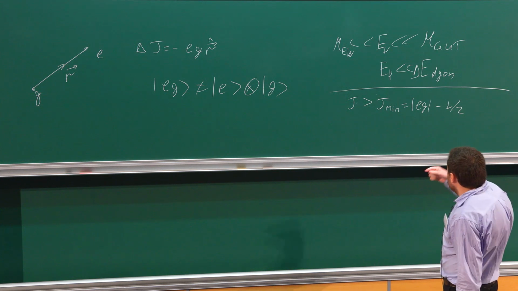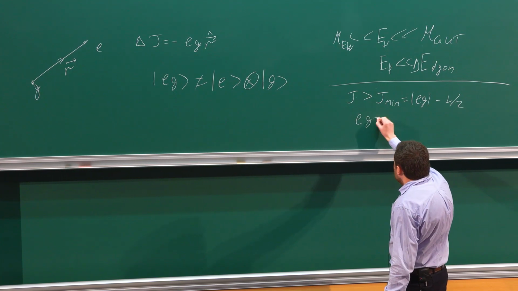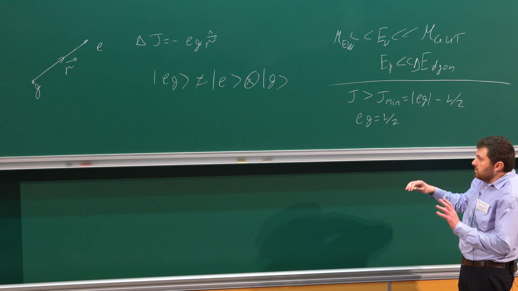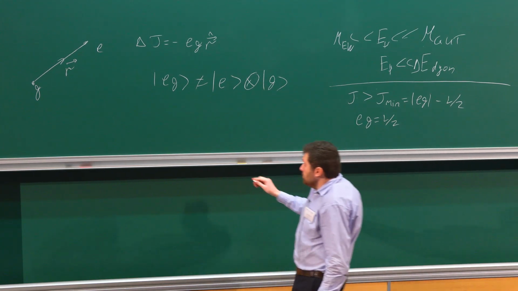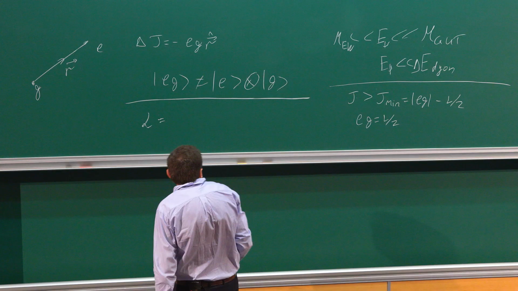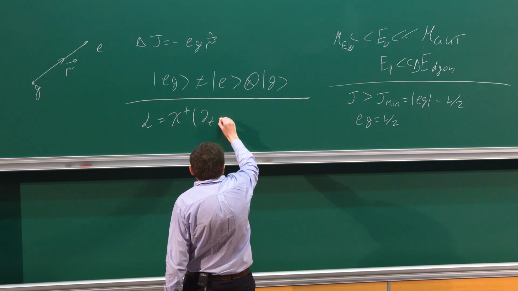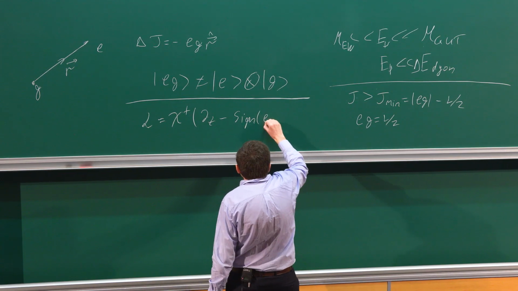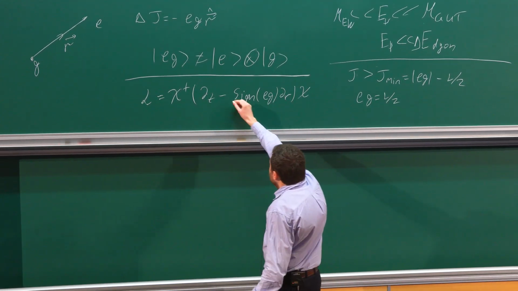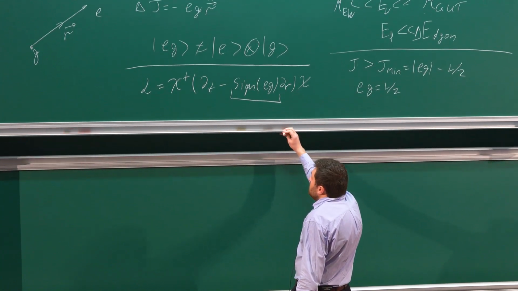On the other hand, something very interesting is happening for the minimal partial waves. Let's imagine, just for simplicity, that eg is 1/2, so it is a minimal monopole, and the minimal J is 0. So we are talking about scattering of S waves on the magnetic monopole. In this case, you can look at the kinetic term of these S waves, and you will find something really interesting. It looks like the following. Here, the interesting piece is this sign of eg appearing in front of the space derivative.